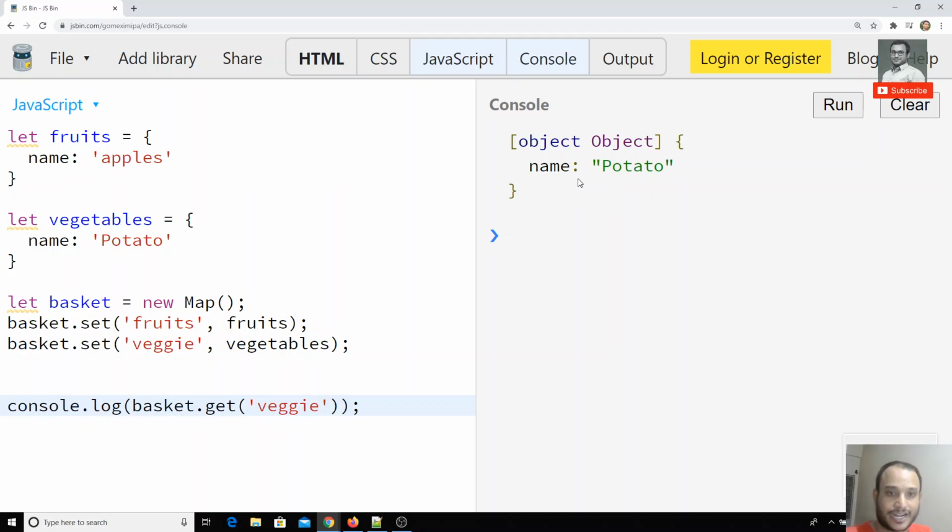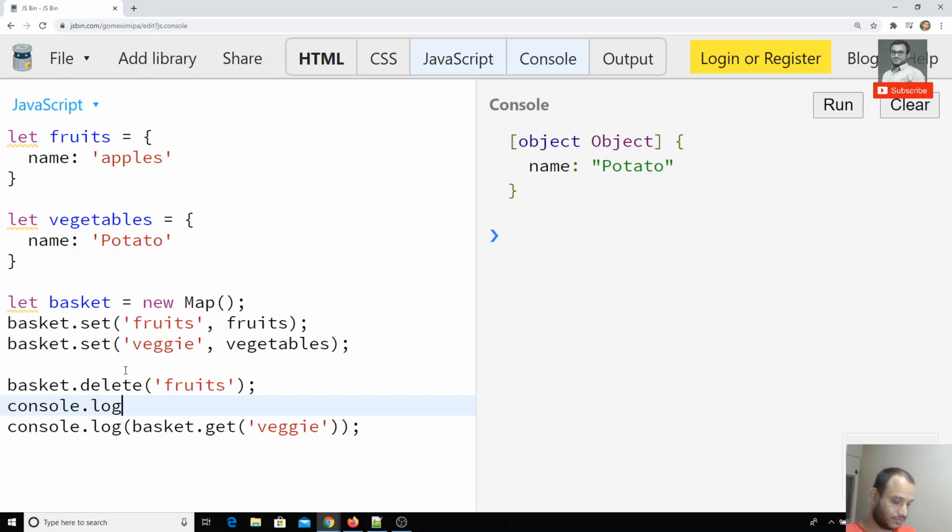If I want to delete an item, say the fruits key, how can I delete? Simply we can use basket dot delete and pass the key fruits. And I will check the size, console.log basket dot size, and also print the fruits, whether the fruits is available or not.